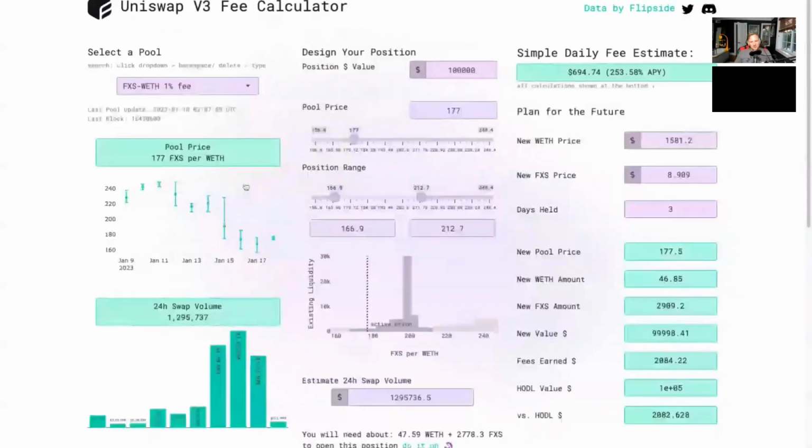Can I share this? Yeah. Okay, so this is a Uniswap V3 fee calculator. So the FXS WETH pool, 1% fee. Let's say you have a $100,000 position. Okay, 10K. Remember, the thing was 10K. So our yield shows 10K. This is great. So if your position range is like 169 to 12, which is FXS in terms of WETH,